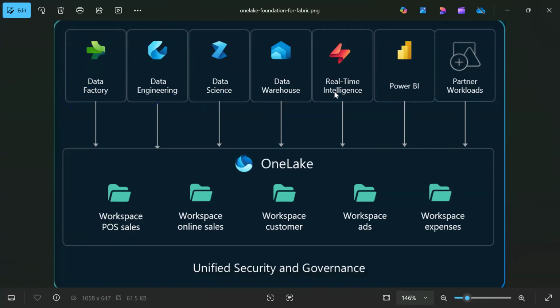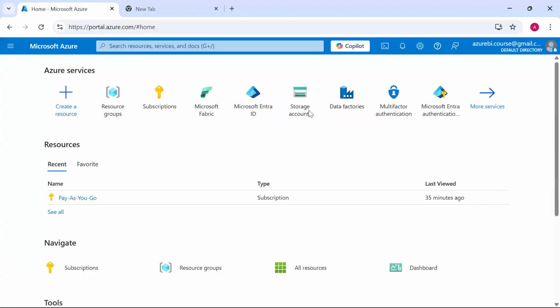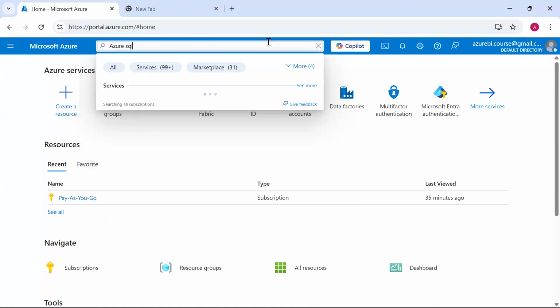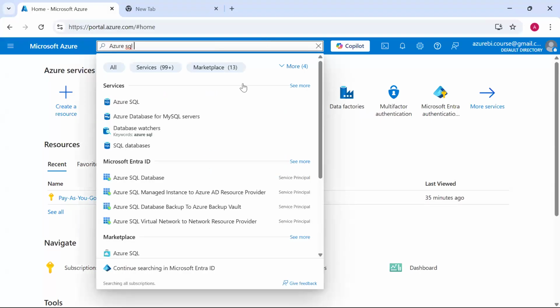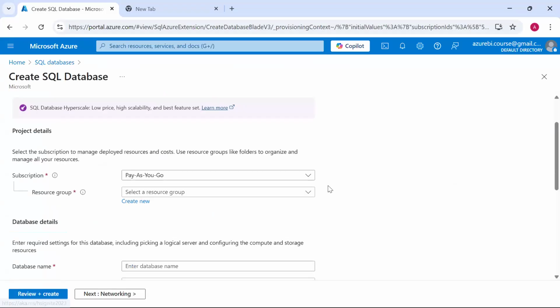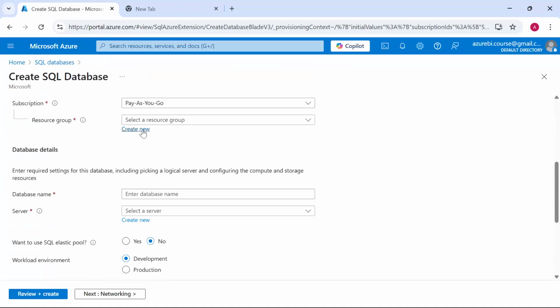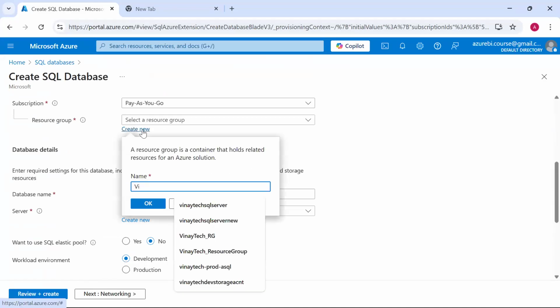So Microsoft released a concept called capacities. Earlier, if I wanted to develop here, let's suppose I want to create some storage, or let's talk about some basic databases, I just search here for SQL database, Azure SQL database. This is a place where I can create a separate service. You can see there's a costing here. The moment I give here some name, Vinaytech